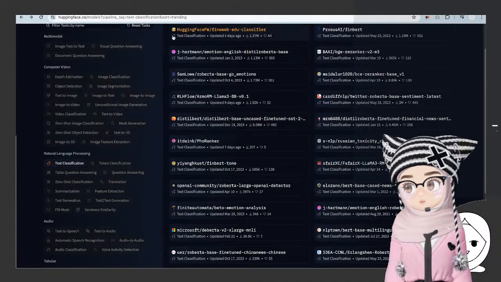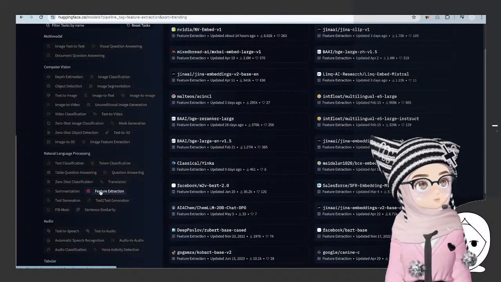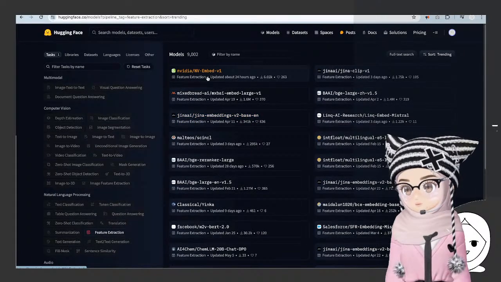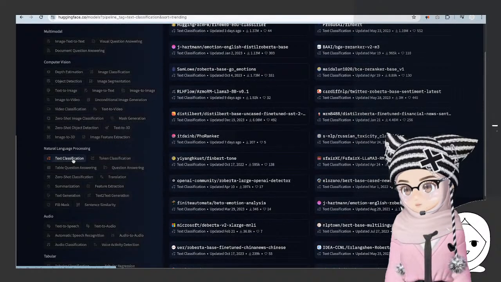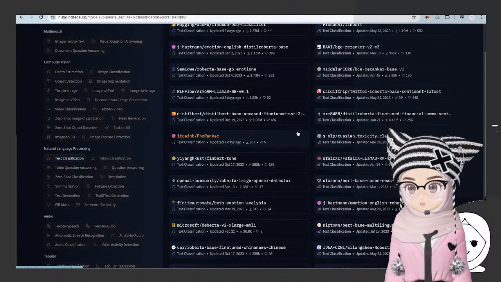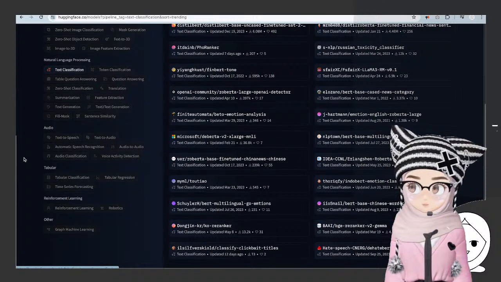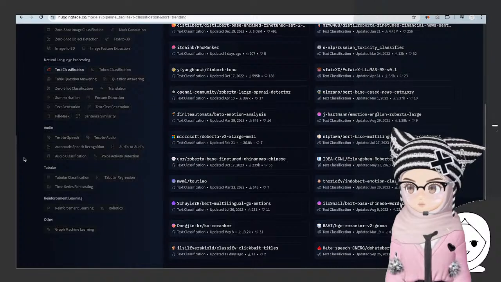Is prediction text generation? Or is it feature extraction? Hold up. I don't think it's... is it feature extraction? Or is it classification? Because classification based on what I want is different from classification based on emotion and all that. And for me, text classification means emotion. So feature extraction is like, feels like,